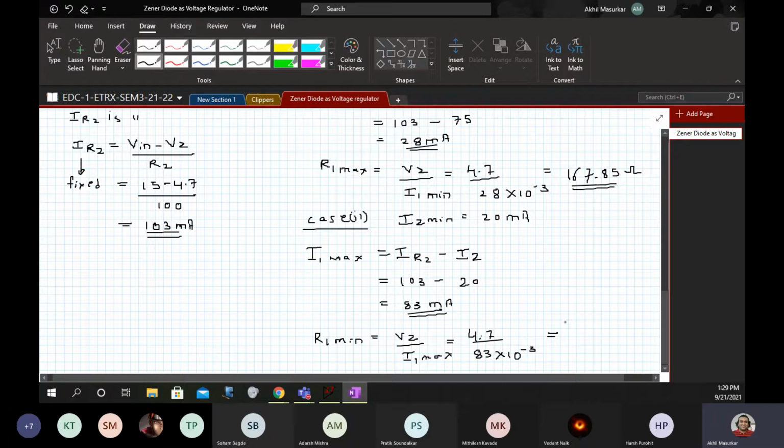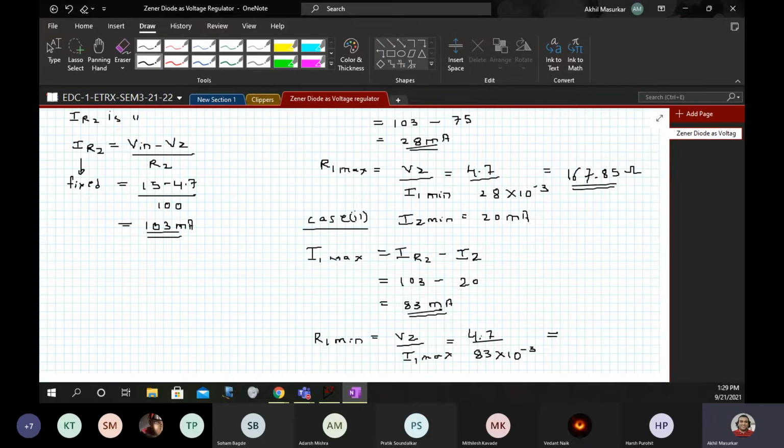Yes, Mithilesh, Harsh, go ahead and calculate the values. Okay, that value is correct. Mithilesh, Harsh, value is correct. Perfect.